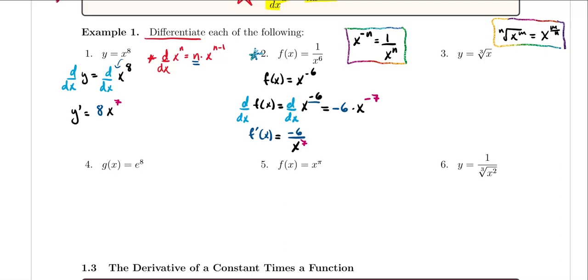Okay, so first thing to do for this problem then is to go ahead and rewrite it. We're going to get that y is equal to x raised to the 1/3 power. Now I have x raised to a power, and I can use the power rule. So differentiating, we're going to get the derivative of y with respect to x is equal to the derivative with respect to x of x to the 1/3, which gives us, again, using the power rule, bring the power down. So we're going to get here a 1/3 times x raised to the,